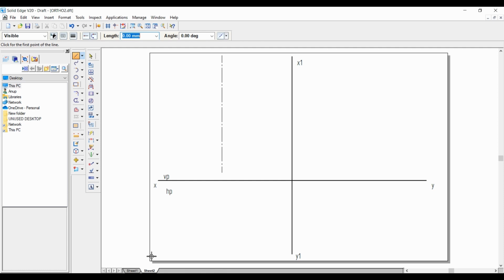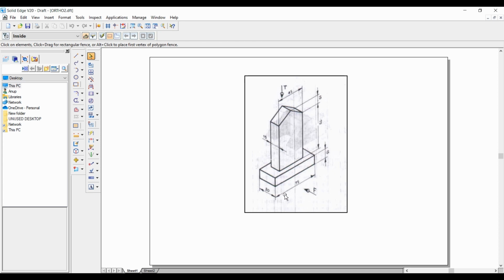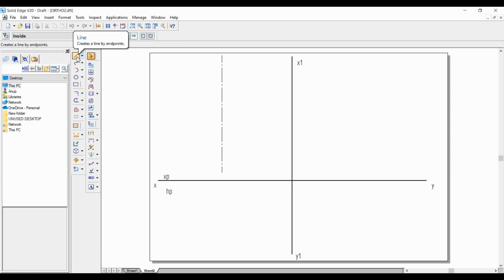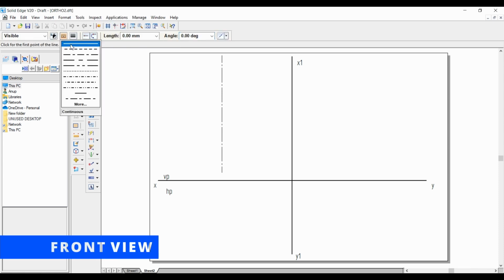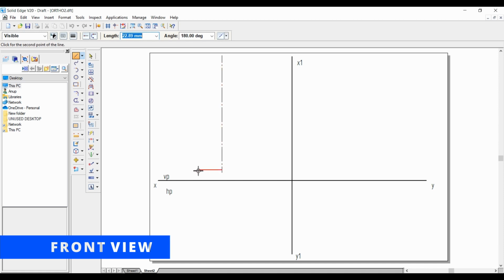Now we will draw the left side half of the figure. You can see the length of the line here is given as 75. Half of this will be 37.5. Height will be 15. Okay. So let's draw this. Select the line option. Change this to the first one. Thickness as 0.5. Now let's start the figure. Select any one point here. The length should be 37.5. Height is 15. Then we have to join this.